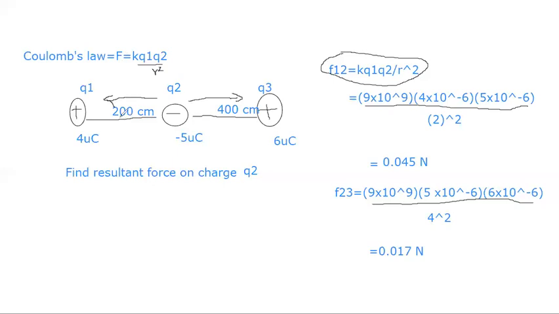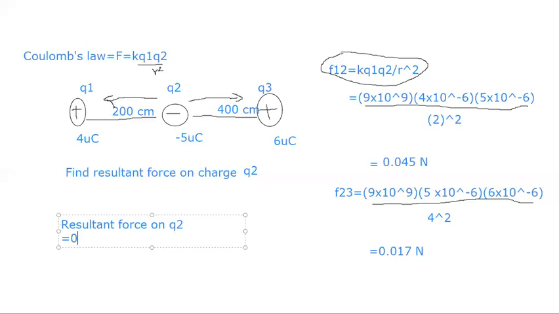So here R is less, that's why the force on this side is more as compared to the force here, and that is the reason that the force on this side, the left side, is more than the force, because the distance between Q2 and Q3 is more. So now I will find the resultant force. Resultant force on Q2 is equal to